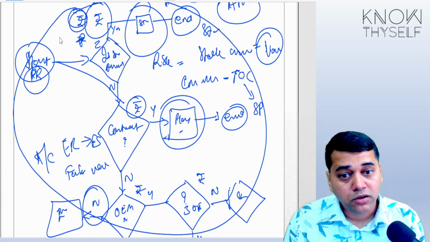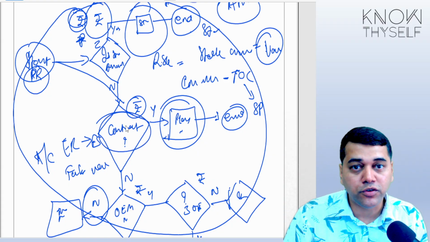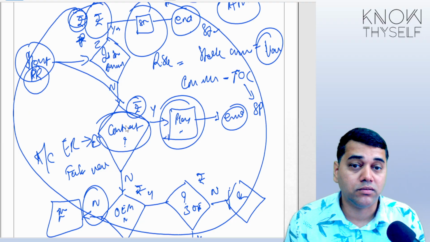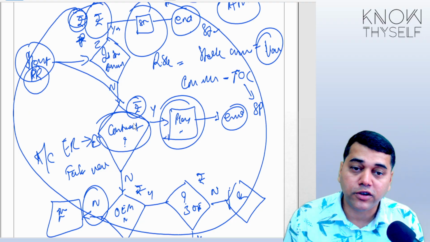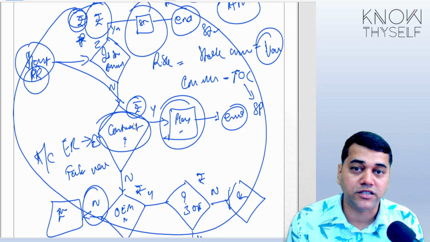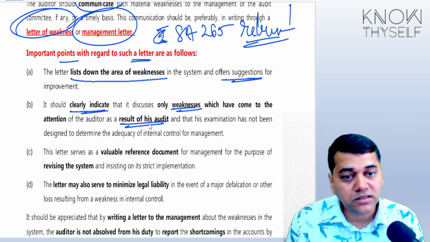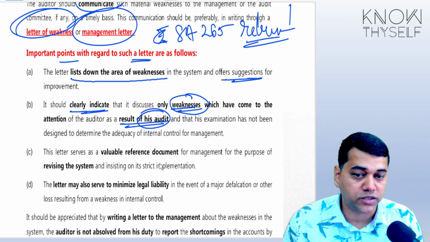You tell them, look, sir, whether you have got a contract or not, that is also another beautiful thing. But I am not concerned whether you have got a contract or not. So don't expect that I have studied this also and I am going to bring every weakness to your attention. So the second thing I need to tell them: I should find out only those weaknesses which have come to me in the form of an audit.